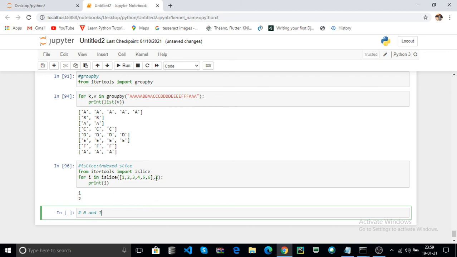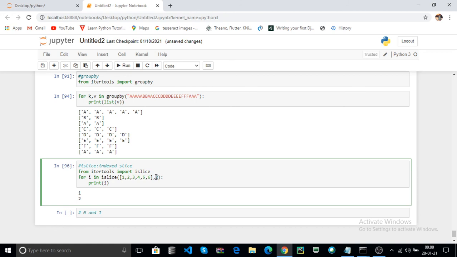That means the range from 0 to 2. It returns the values before the second index: 1 is the 0 index, 2 is the first index, 3 is the second index. Before the second index, the list items are printed.